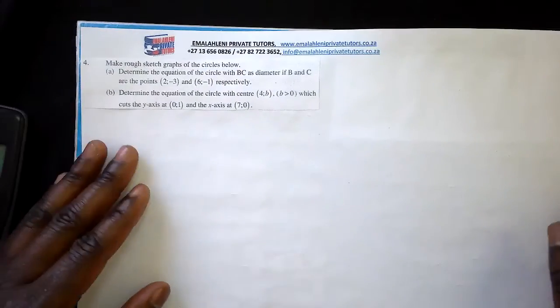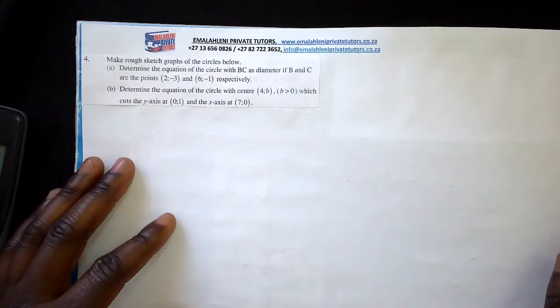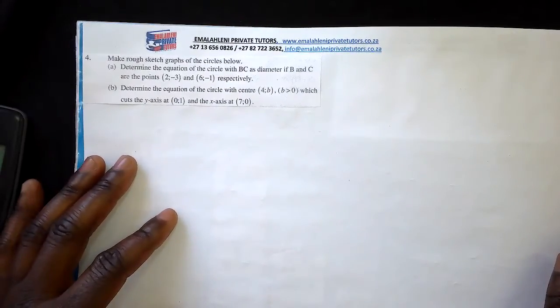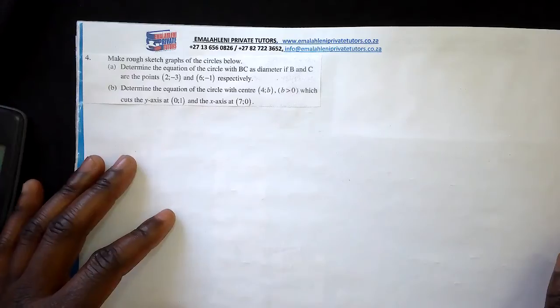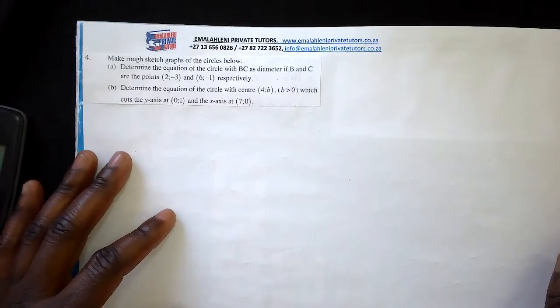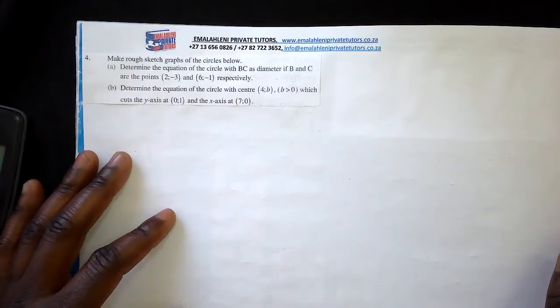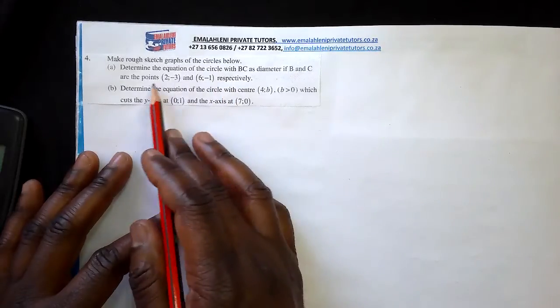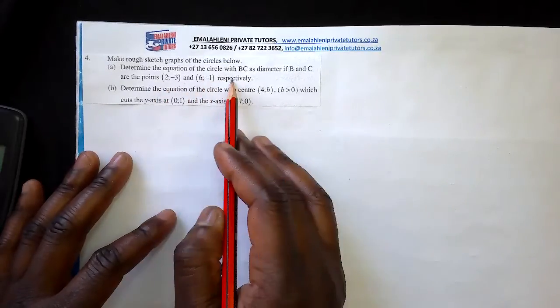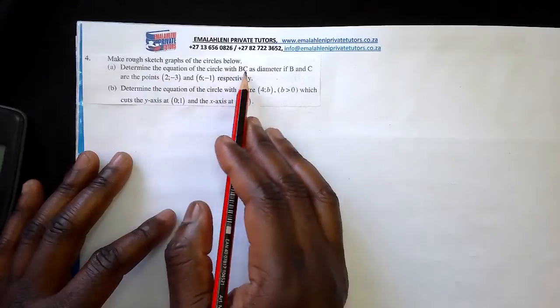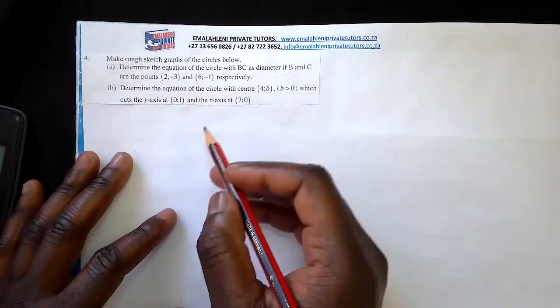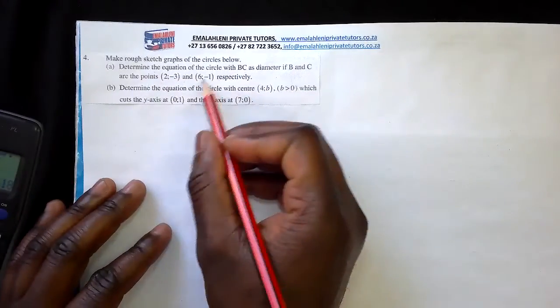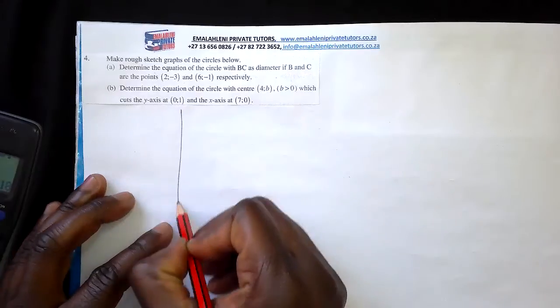Now they are saying make a rough sketch of the circles below. Determine the equation of the circle with BC as diameter. If B and C are points, these are the points that we have here. If B and C is the diameter, what it means here is that if we are to sketch